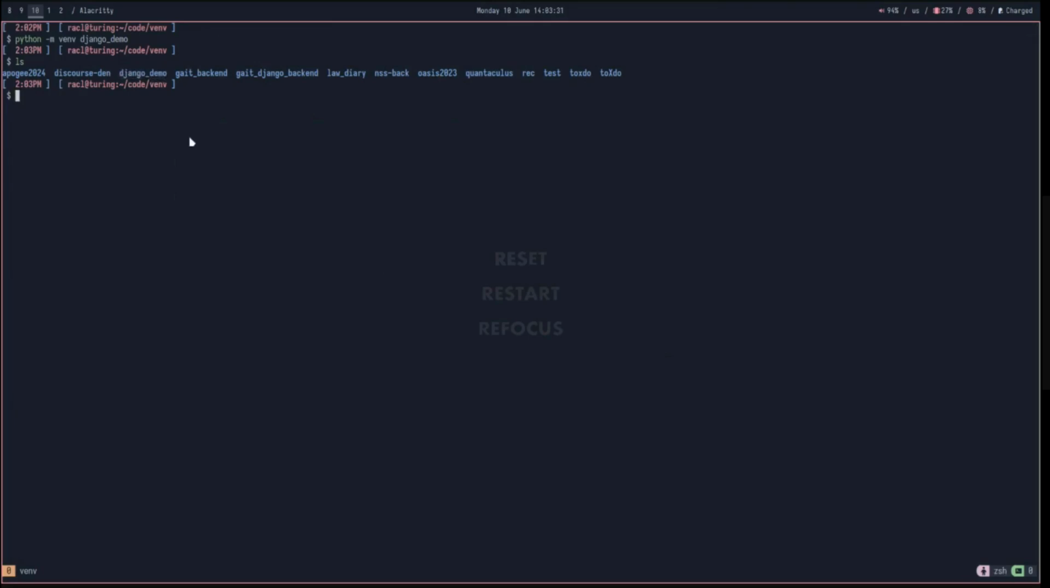And to activate a virtual environment, you have to go and source the files. Now for Windows users, I'm on Linux, so all I have to do is source Django demo, and into the bin folder, there's a script called activate. That is what you have to do. So for Windows users, you will have to